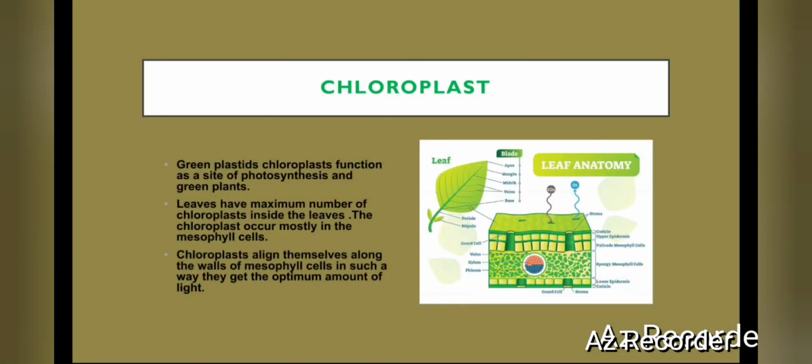Green plastids, chloroplasts, function as the site of photosynthesis in the green plants. Leaves have the maximum number of chloroplasts inside them. The chloroplasts occur mostly in the mesophyll cells. Chloroplasts align themselves along the walls of the mesophyll cells in such a way that they get the